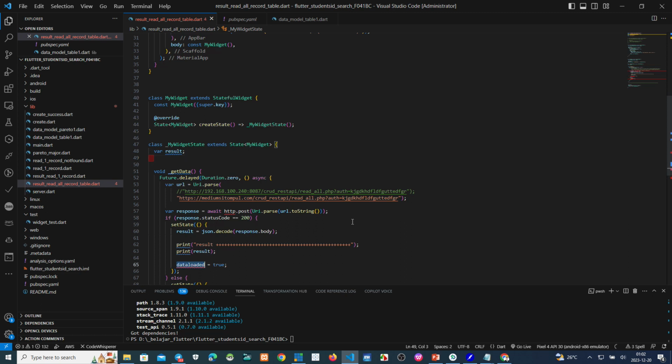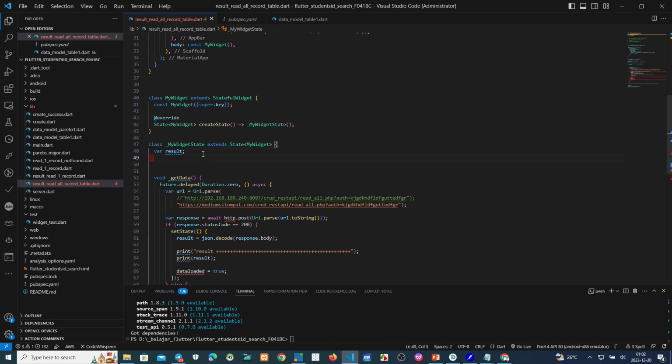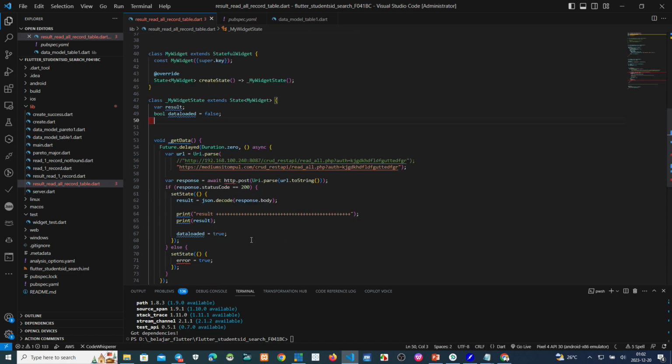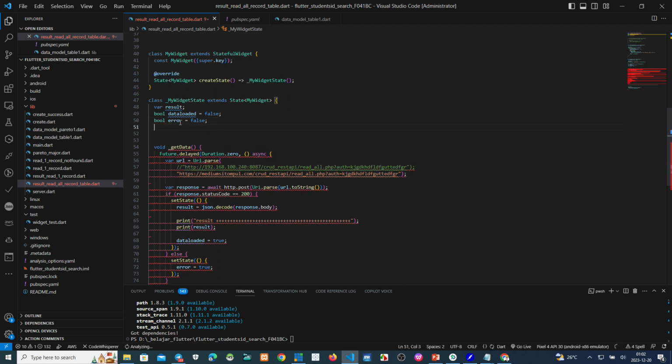Then data loaded, boolean, bool, equal false, and next error, boolean too, bool, equal false.